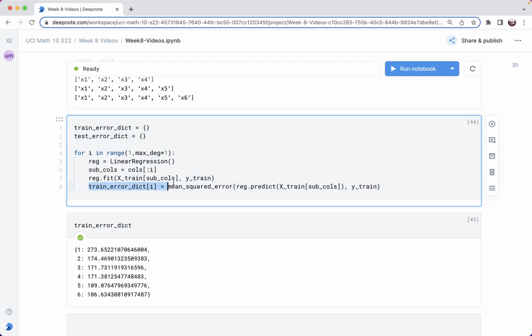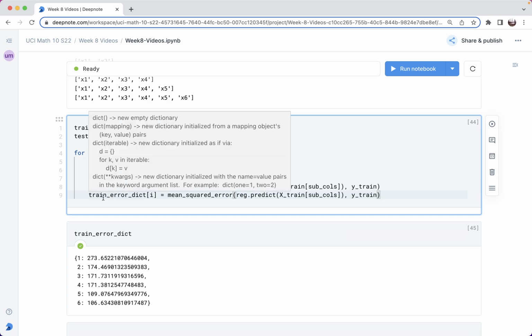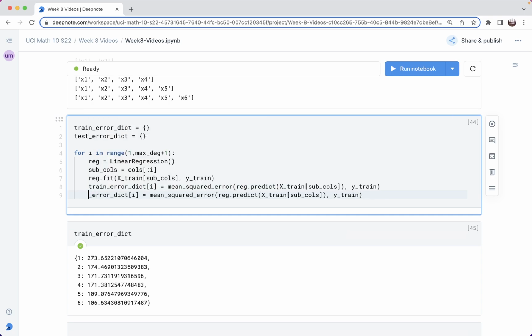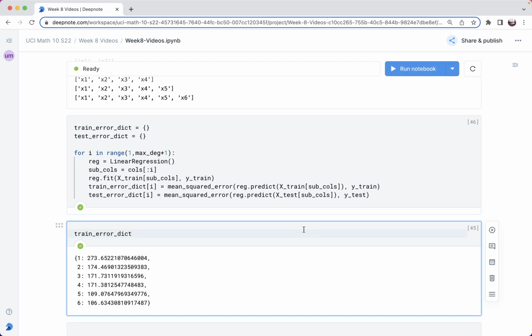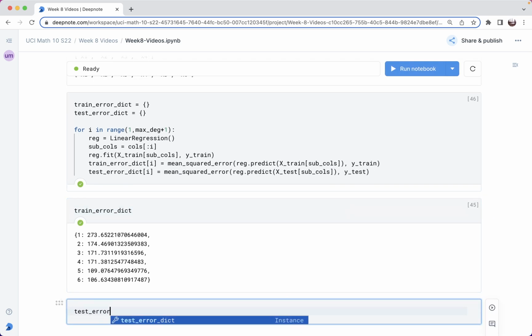And this is going to be the exact same thing. So I'm still fitting on the training data. In general, you always want to fit on the training data. But here I'm going to evaluate it on the test data. And that's much more representative. So I want to do x_test for my inputs and y_test for my outputs. Okay, and if we look at this test error dictionary,